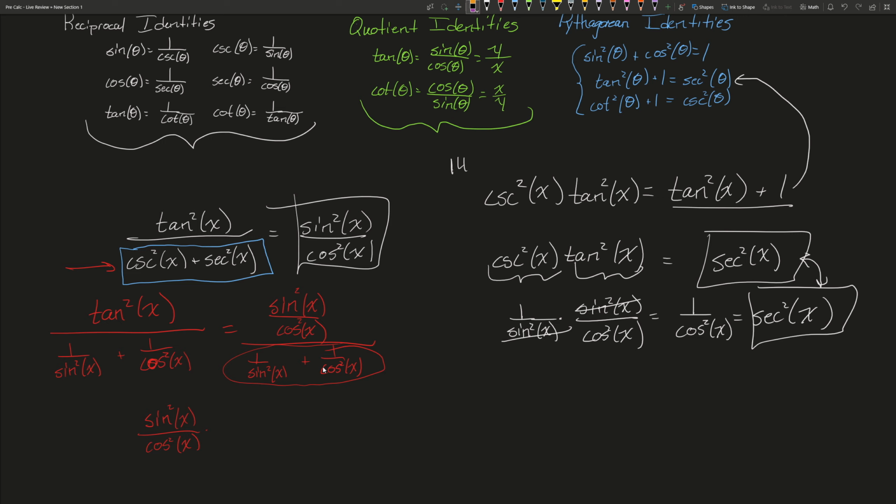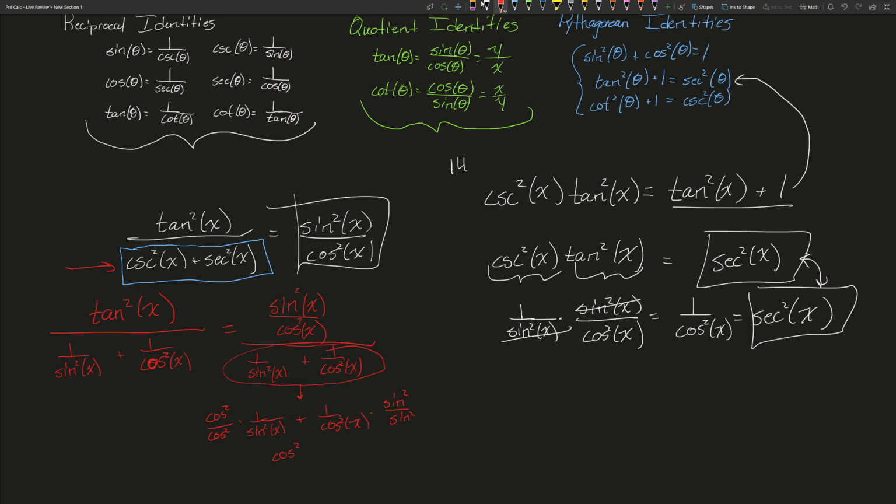And actually I'm going to do a little bit more work so you can see. If we add these two things together in the denominator, in order to do that, we have to get a common denominator. So we'd have to multiply this left one by cosine squared over cosine squared, and this right one by sine squared over sine squared, which gives us